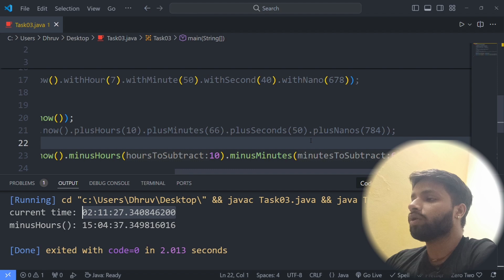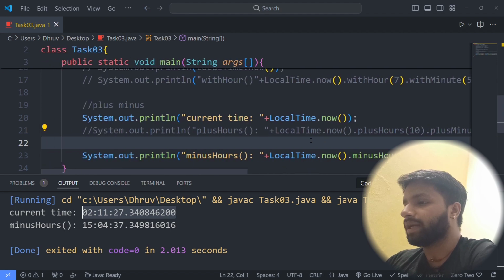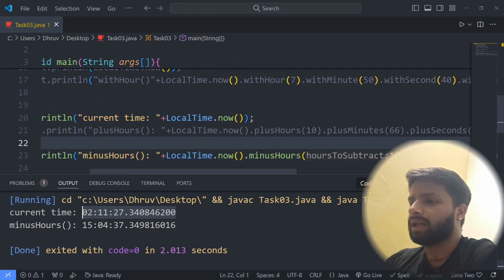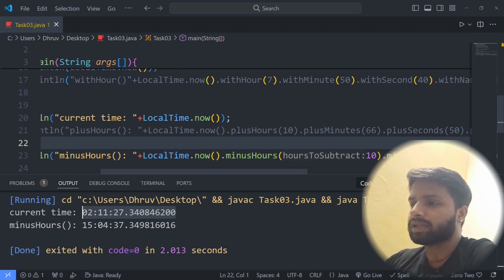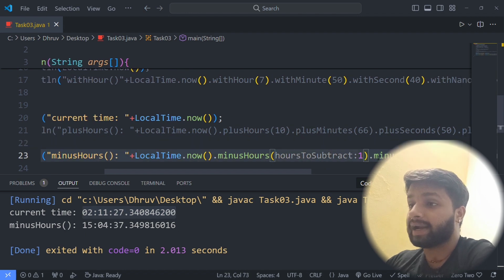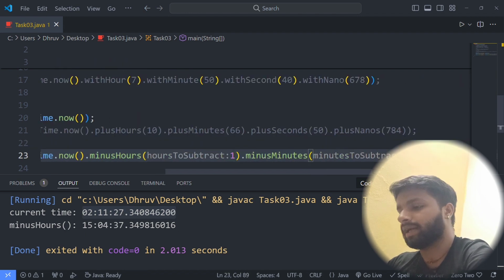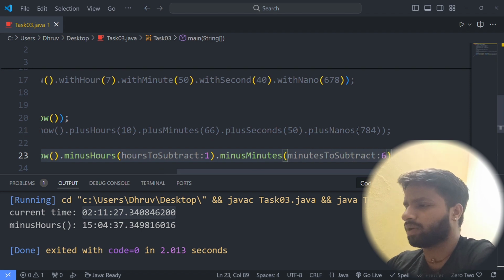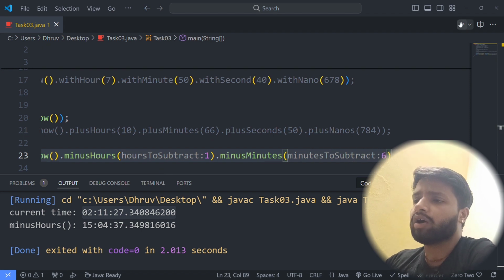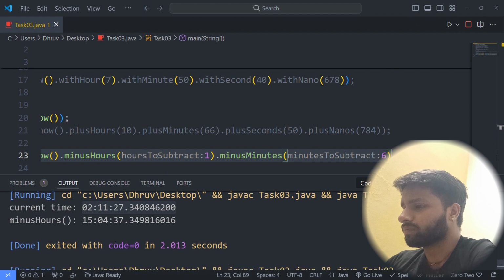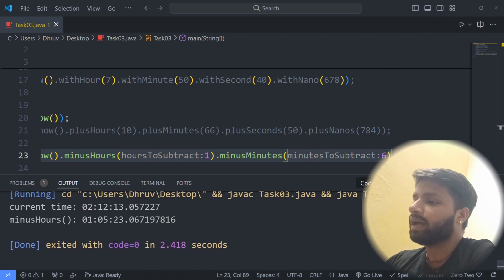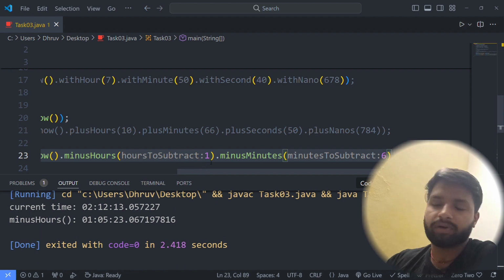Okay, so these are a few methods. Let me minus 1 so that you could get an idea. So what is happening here? I am just passing 6 minutes. I will deduct only 6 minutes. Now you will get the idea how it is working. See, if I deduct minus 1, which is 1 hour.